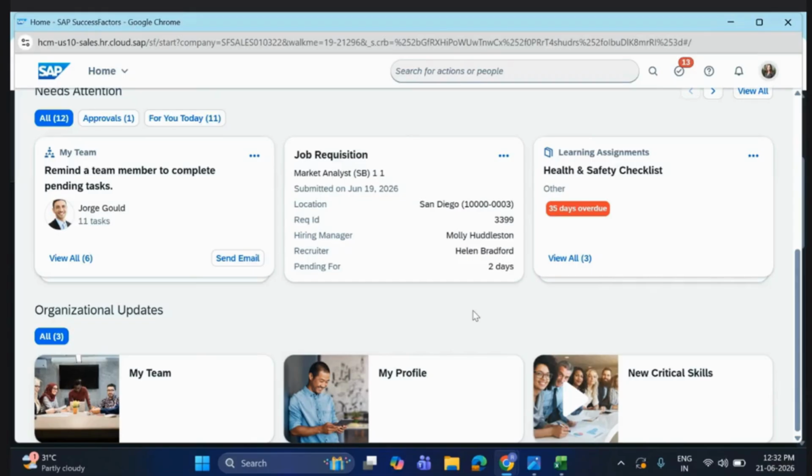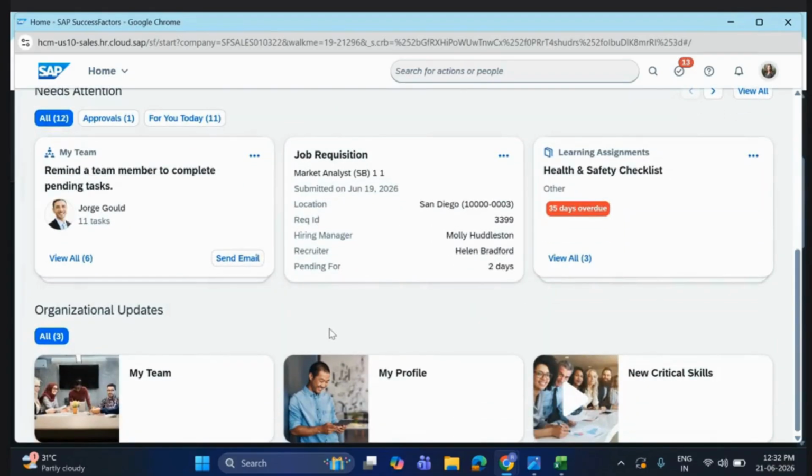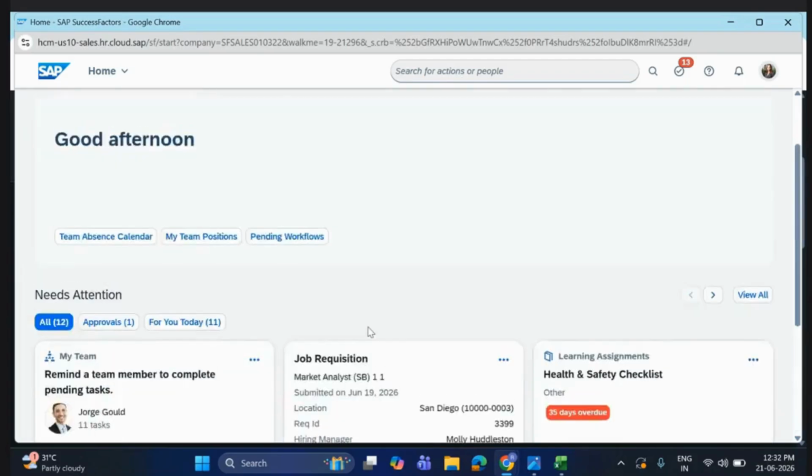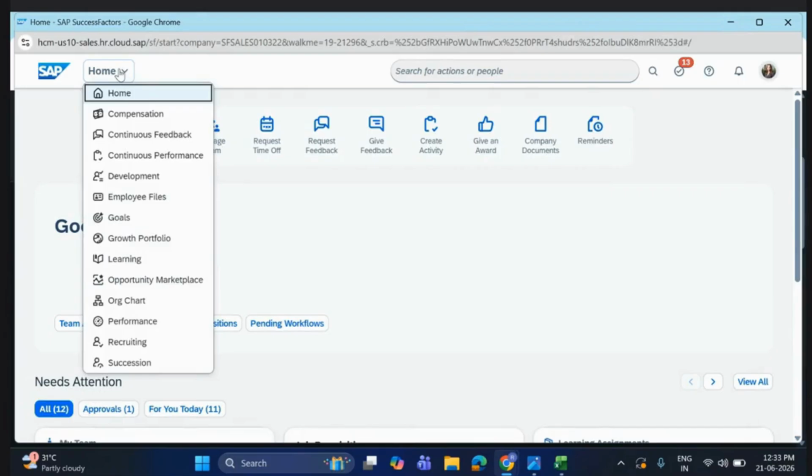Now let's explore any employee's information. You are able to see the home button on the upper left corner, just beside SAP, right? Click on this drop down. You will get to see all this information, starting from home, then compensation, continuous feedback, continuous performance development, employee profile, goals, growth, learning.